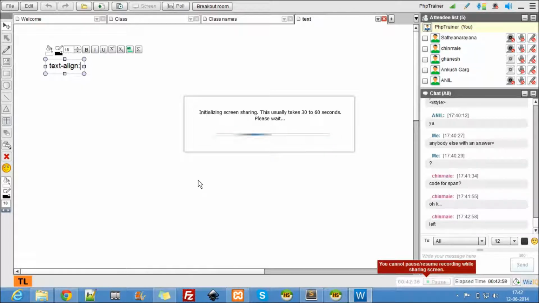So now onwards I'll be using only div and span.